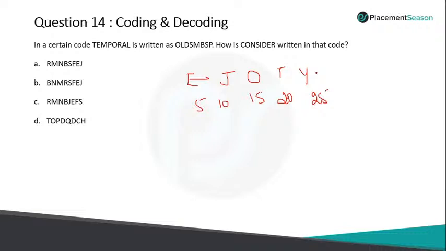Whenever you get a question, just compare the code with the given format, and then you will be able to get it. Now we have to compare this temporal with these 8 letters. See the difference between the letters from first, or first and last. The question may ask for the difference between the letters in the same position, maybe the first letter and first letter, or the first letter and last letter.